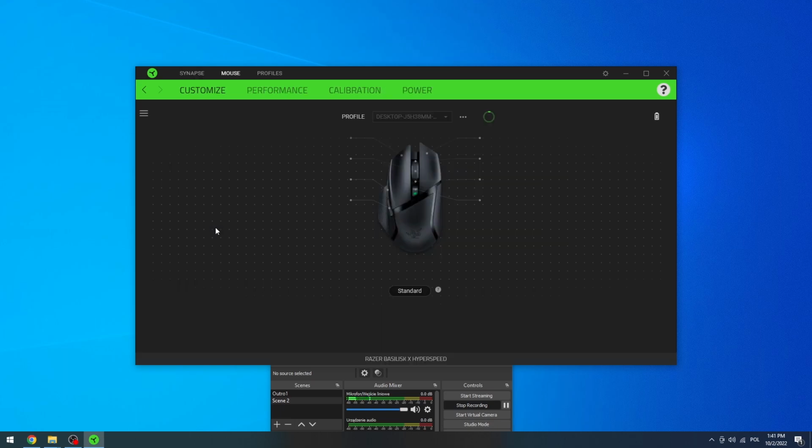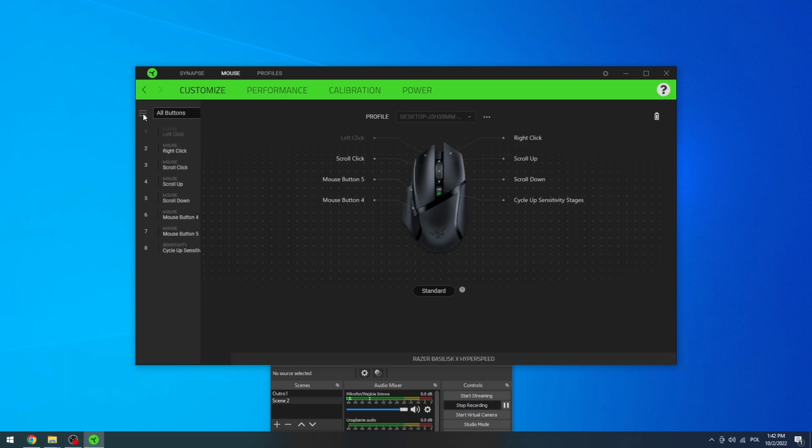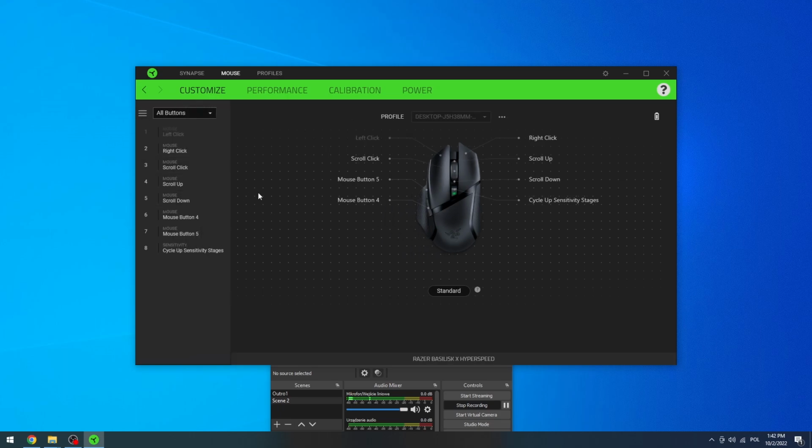Now let's click on the mouse. Here we can find the customize. You can click on these three lines in the top left corner of the screen and now give any buttons